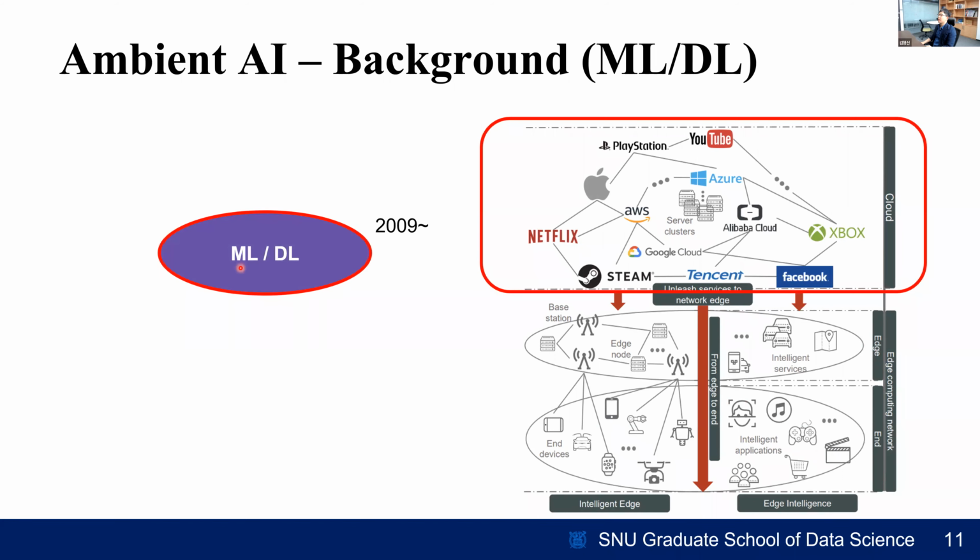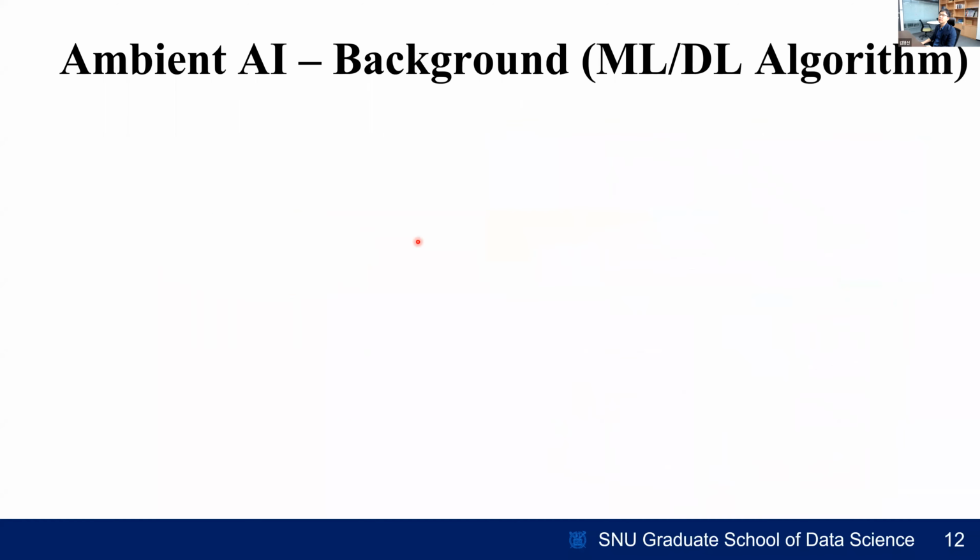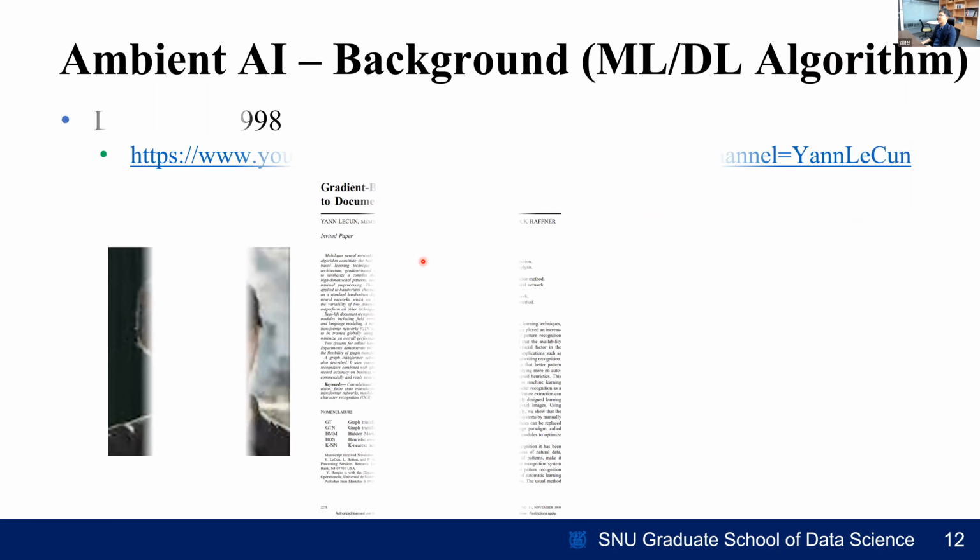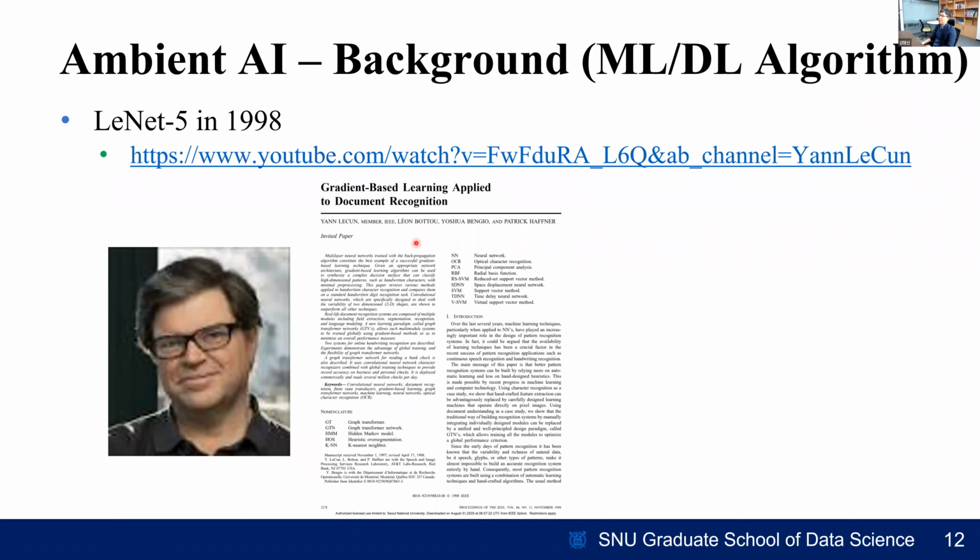So the first pillar is a very famous pillar, machine learning and deep learning models that are built on the powerful cloud infrastructure. So you can see the red box on the highest tier, right? And in terms of pure algorithm, as you can see here, the net was developed way before the 21st century, actually. So let's take a look at a video clip just for fun. Let me click.